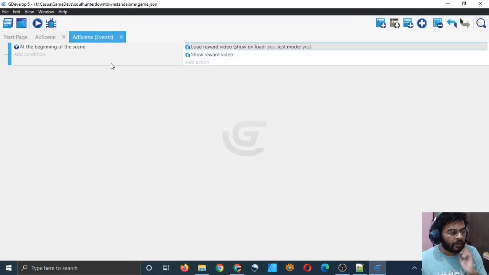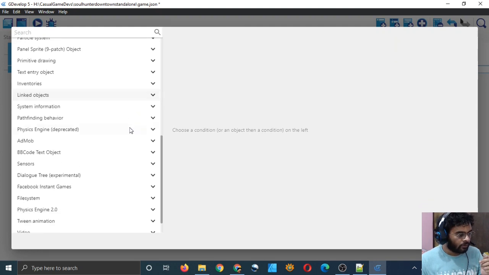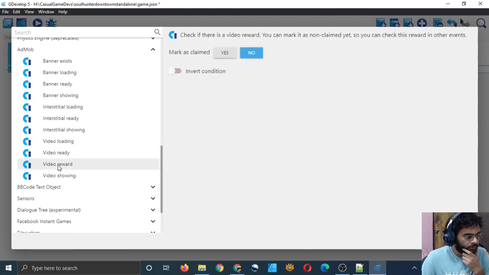And again in the ad scene I think I will add a new condition, a new event, and I will see if there is an add mob condition or not. So add mob, and I think this is the video reward. Check if there is a video reward. You can mark it as non-claimed yet, so you can check this reward in other events.